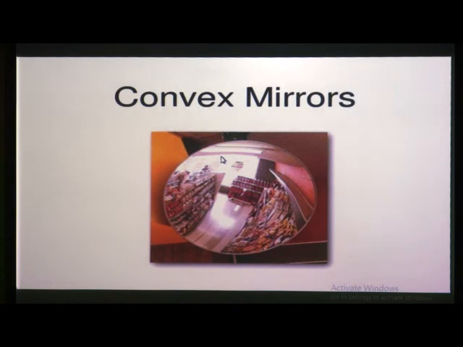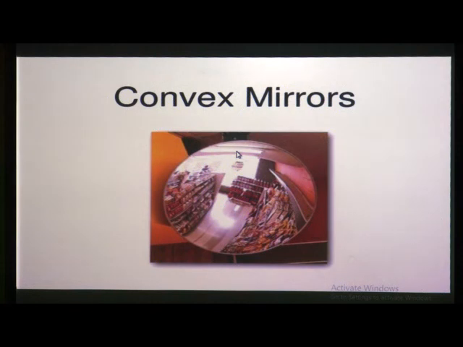Here you can see where convex mirrors are used. First, can you tell me where concave mirrors are used? Yes, correct. In a solar cooker, in saloons, in a telescope, or in a torch, whenever there is a mirror, it is a type of concave mirror.